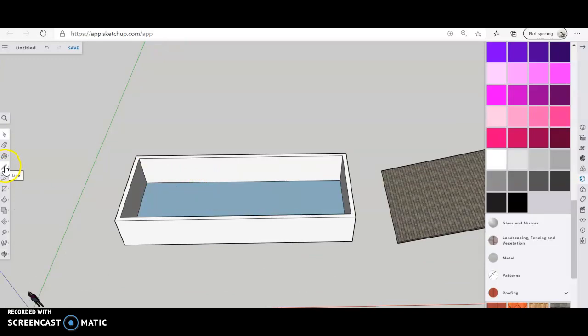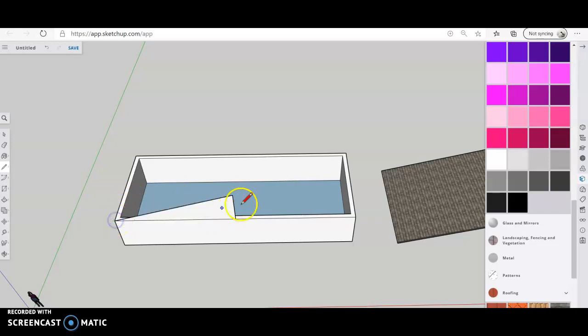And what we're going to do is select the line tool. We're going to find the midpoint of that outside wall, and you're going to move your cursor up. And you know it's going up because it's on the blue axis. The line is blue. And then you're going to write 7 feet. Okay, so once you have 7 feet there, you're going to go from the top of that line to